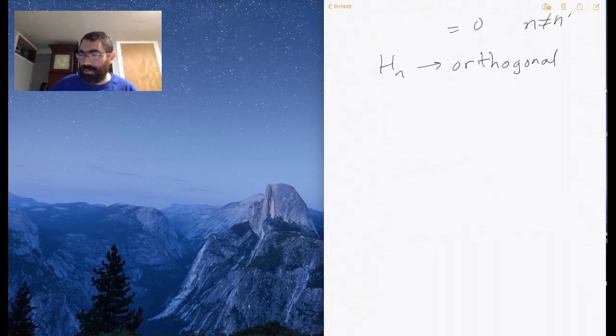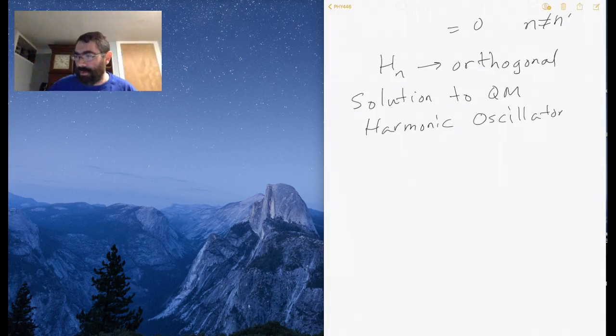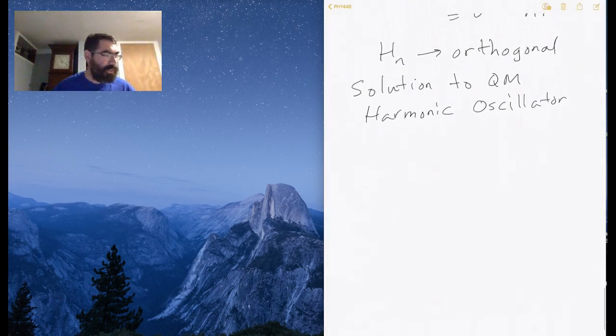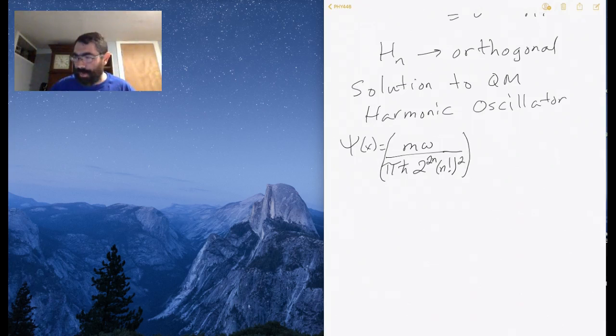So the full wave function, so the solution to the quantum mechanical harmonic oscillator is a normalization constant, the mass, omega, the frequency, over pi h bar 2 to the 2n times n factorial squared, all of that to the power of 1/4